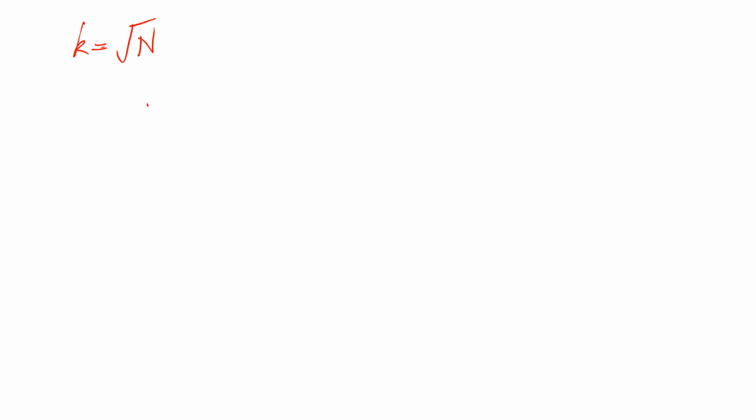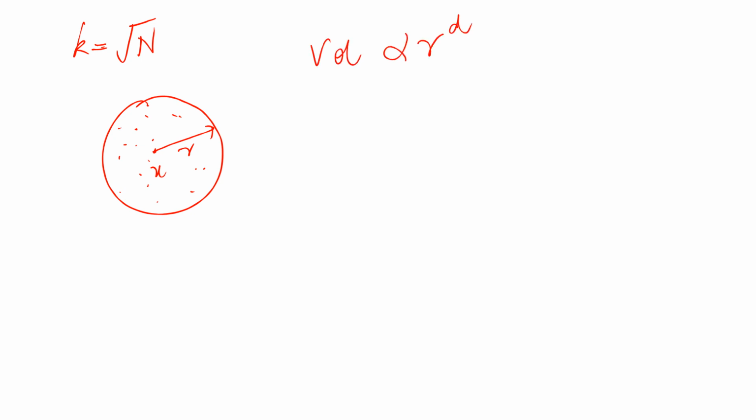So one quick example for that. If we want the square root n neighbors to contribute, for example, this is x and this is R, where x is my test point and R is the scaling parameter, and these are all the neighbors that are contributing to x in this space. Let's say this is a sphere region. The volume of this region is proportional to R to the D,